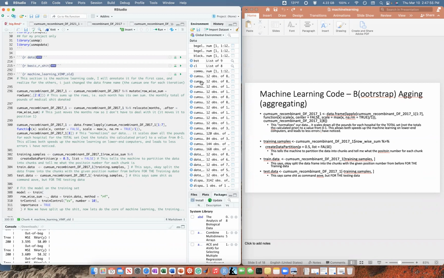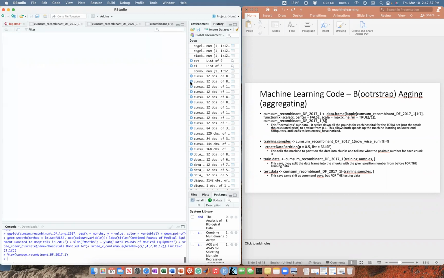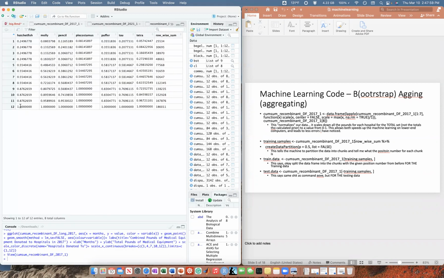So I'm just going to pull it up so I can show you. So it looks like this. So I averaged it. It should obviously be 1 for each one because I would expect the final summation to be 1. Anyway, it looks like this. And the reason I did it like this is because it actually enables the machine learning to go faster because with smaller values, it's easier for the machine to do its job rather than have to go to so many decimal places. And plus, I doubt they have that many decimal points for pounds donated or whatever.